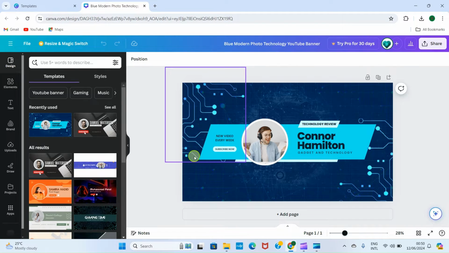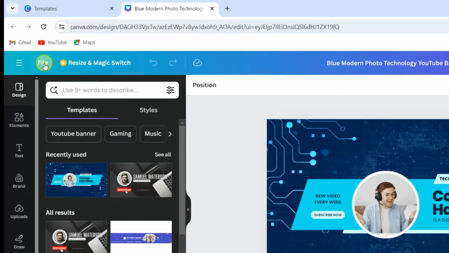If you are viewing your YouTube channel on a TV, on a television, you'll be able to see this entire design. All right. If you're viewing it on a desktop, you will see this part. But if you are viewing on a mobile, there are specific parts you are going to see. And this will take us to the next step so that we create something that will be visible across all devices. Okay. So click on the file tab,